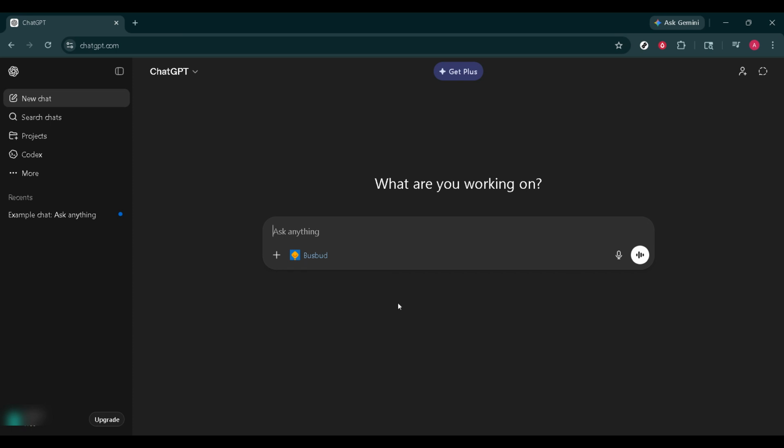Finally, open Busbud one more time from within ChatGPT if needed, and you're done. At this point, ChatGPT is connected to Busbud, and you can move forward with using the app through your ChatGPT